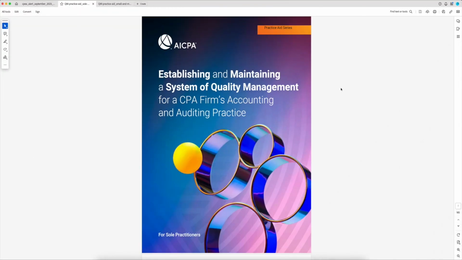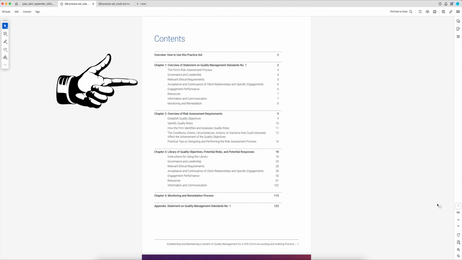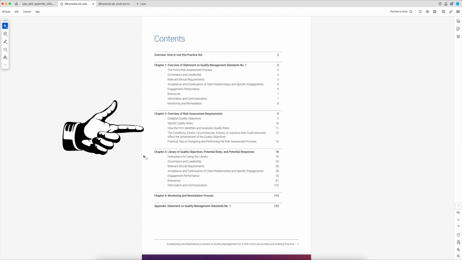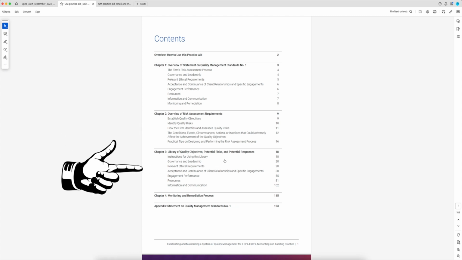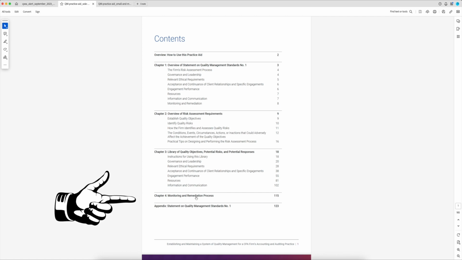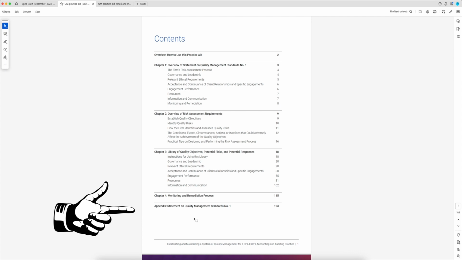So here we have the one that is for sole practitioners. Notice it's quite pretty. Some nice graphics there. It starts out with a good overview of everything going on, overview of risk assessment itself, and then a really nice library of quality objectives and things. These are pretty neat, followed by monitoring and remediation,